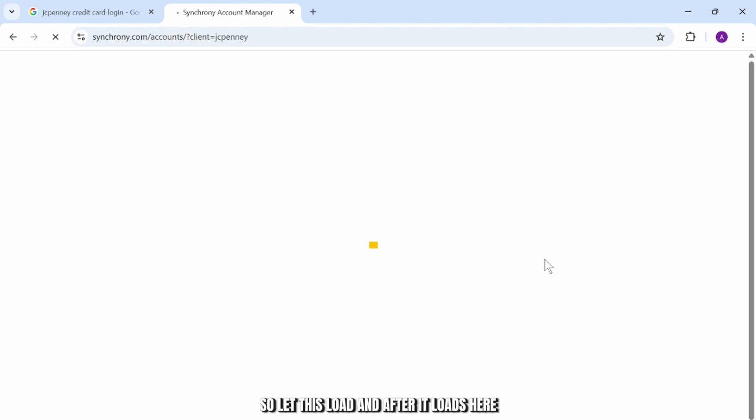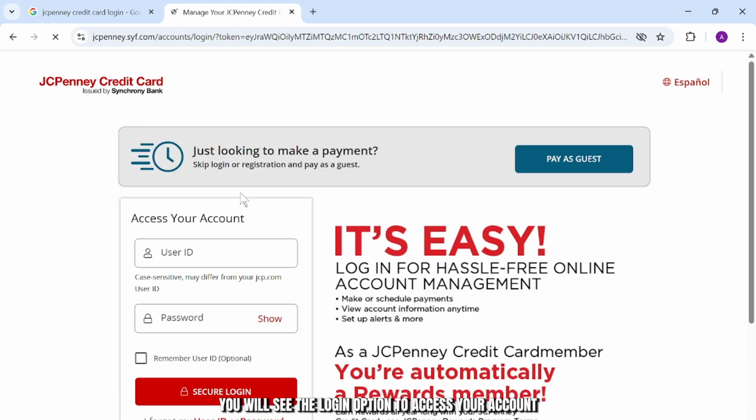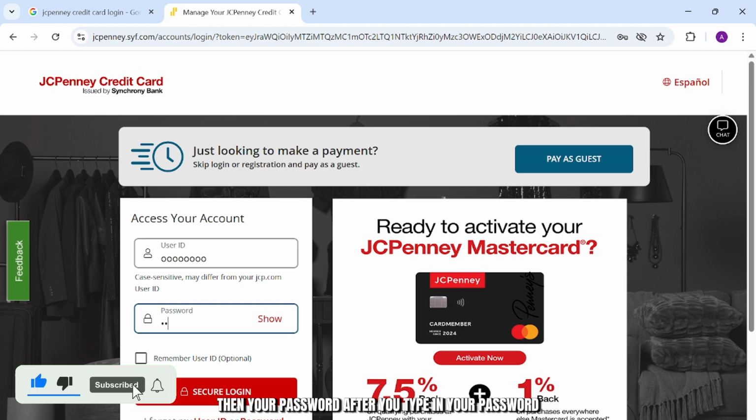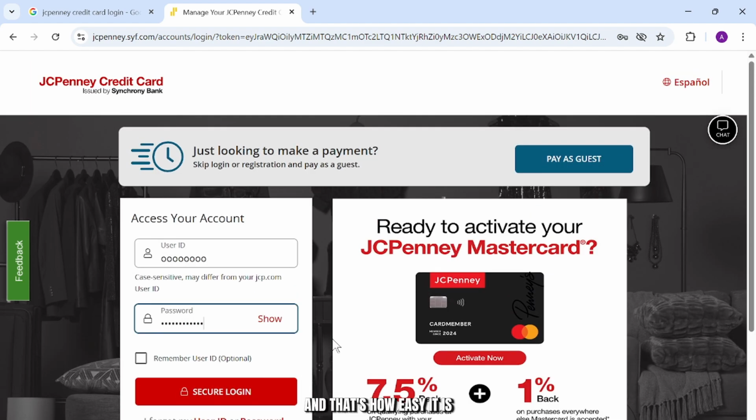So let this load, and after it loads, here you will see the login option. To access your account, enter your user ID, whatever your user ID is, then your password. After you type in your password, tap on secure login and you'll get logged in. And that's how easy it is,